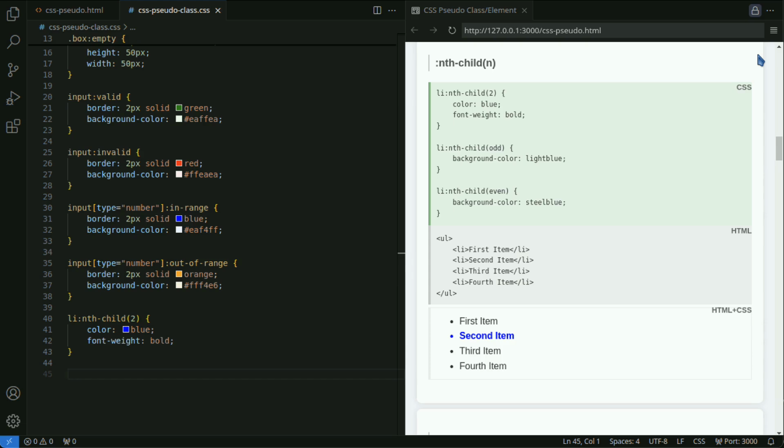N child applies styles based on the position of a child element within its parent. You can specify a number or an expression for n. In this example, the text of the second list item becomes blue.